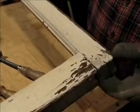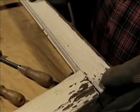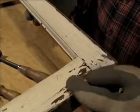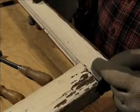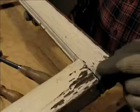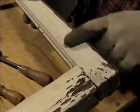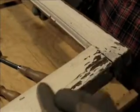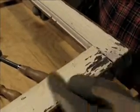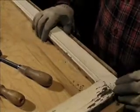Now the philosophy on this project is less is more. If the paint is in good condition, we'll just leave it there and just renew the paint where it's peeling and deteriorated by alligatoring. So the treatment is to remove all of the paint for the lower few or several inches of the stile and all of the paint across the entire rail. And we use the same methods